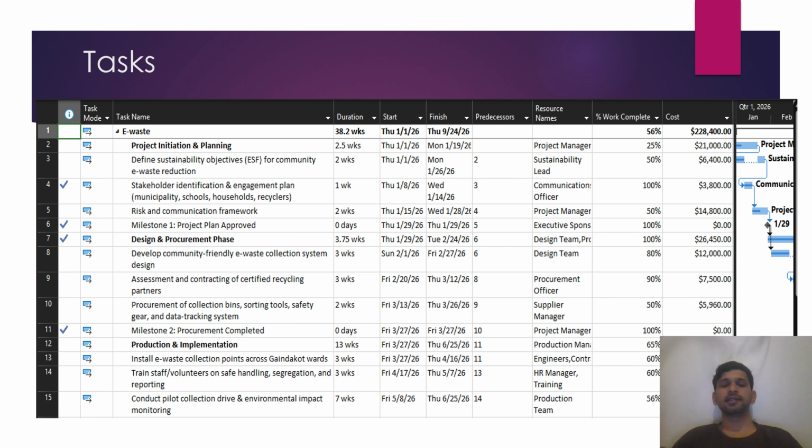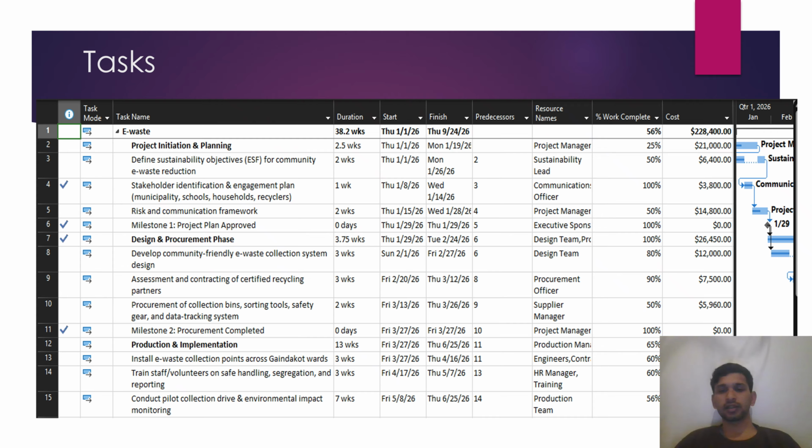The next slide is about the MS Project file. The picture you can see there is an MS Project file in which we have estimated the cost, time, duration and the tasks. The tasks involved in this project cover planning, implementation, community engagement, monitoring and improvement. Some of the key tasks